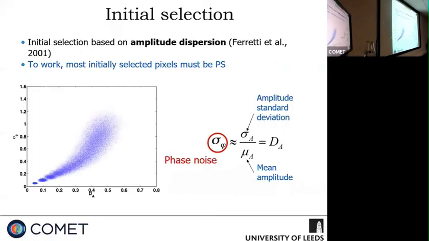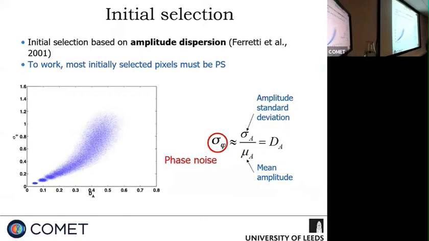So this is from their initial paper, and this shows the amplitude dispersion as a function of the phase noise. You can see points with a low amplitude dispersion. That means a low amplitude standard deviation and a high mean amplitude. That gives you a low